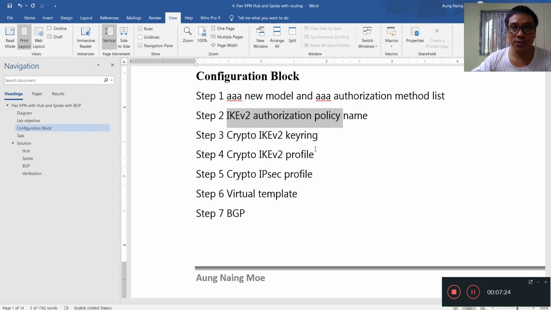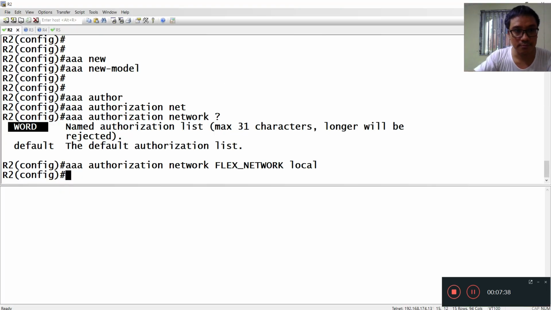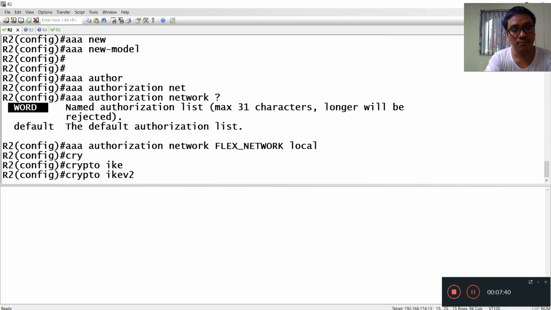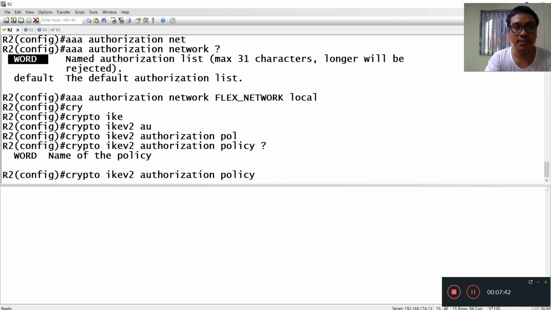So I will configure the authorization policy name, crypto IKEv2 authorization policy. You can define the name.